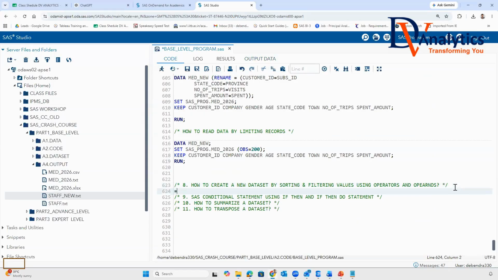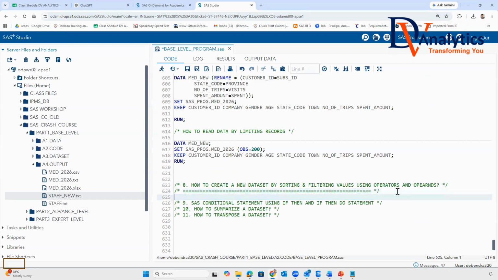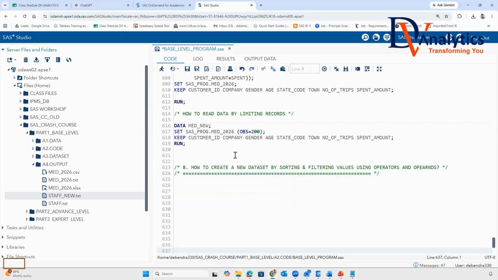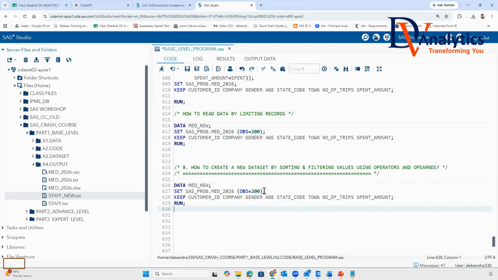Now, very importantly, guys, how to go for filtering values using SAS program for operators and operands. For example, I go for creating this data set.